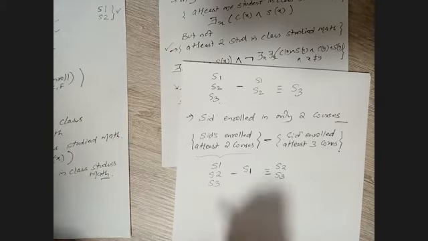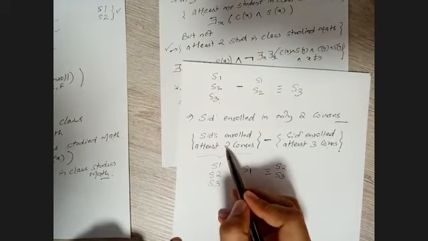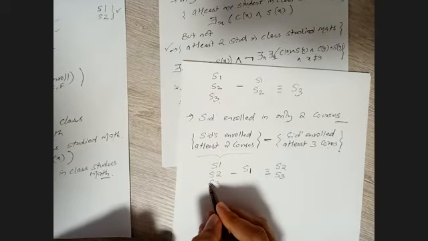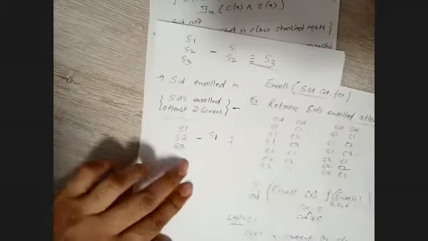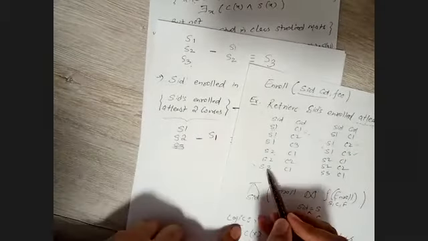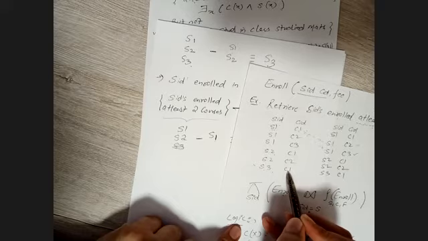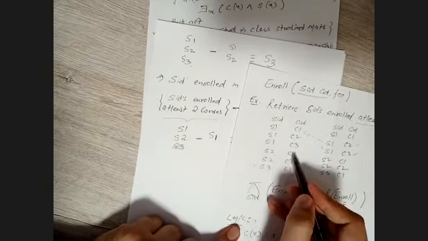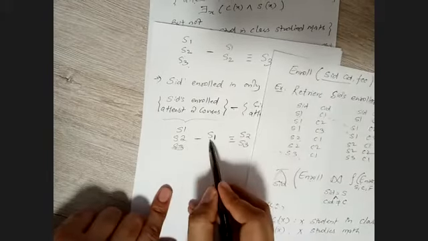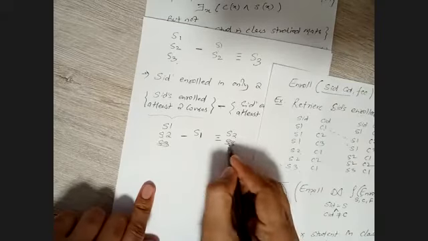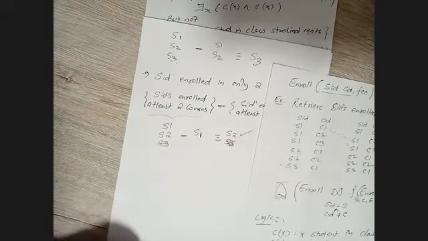Right, okay, hold on. SID is enrolled in at least two courses. Here S3 will not be there. Right, mistake, because at least two courses means S3 is enrolled in only C1, that is only one course. So for the at least condition, we are going to satisfy only S1 and S2. So when you do the set difference operator, you are not going to have this one. So the result will only be S2 here.